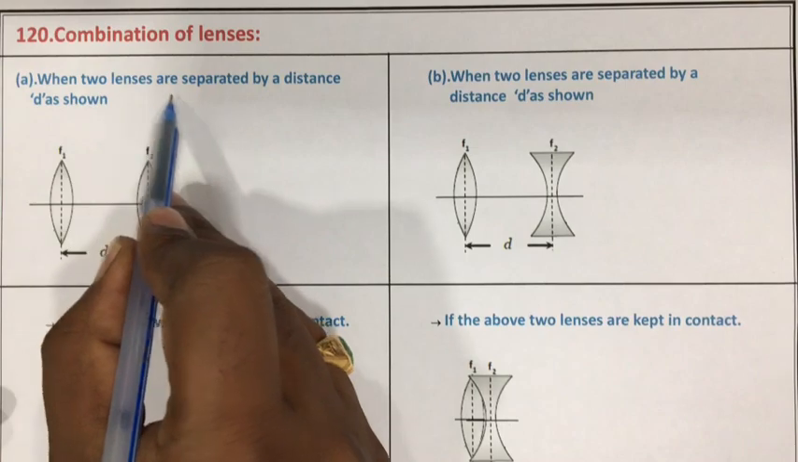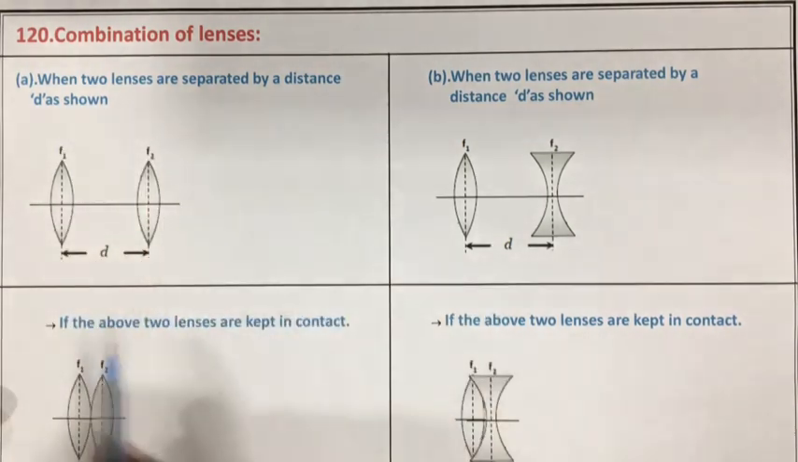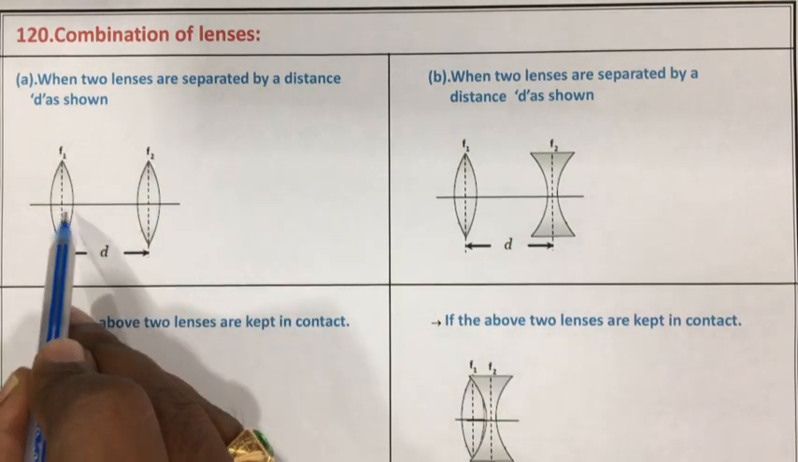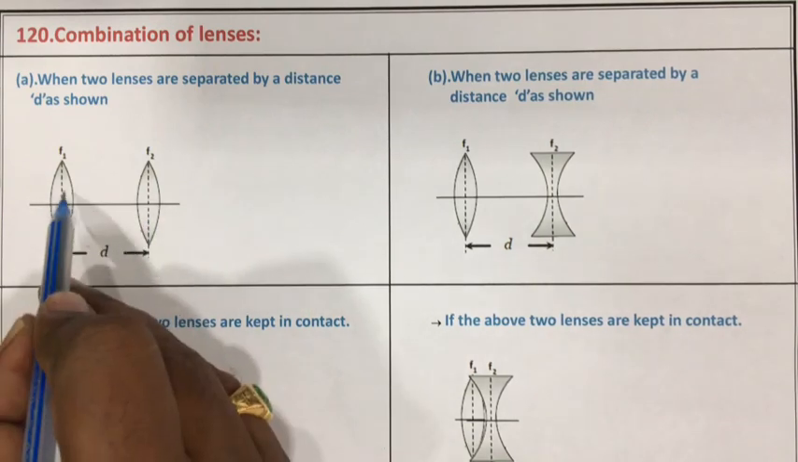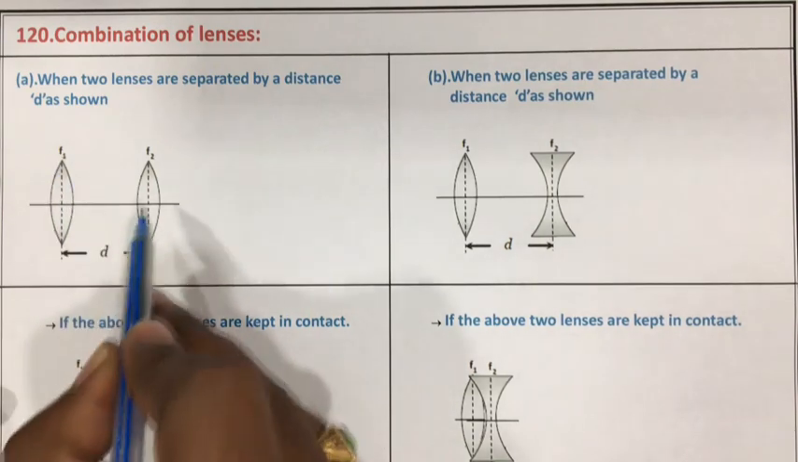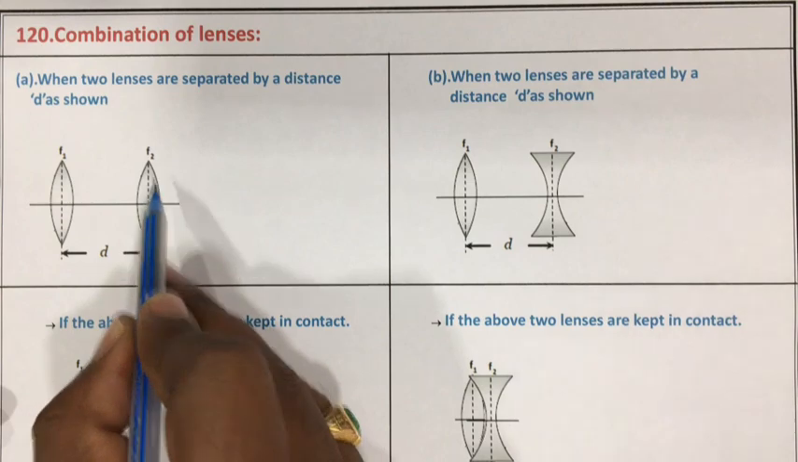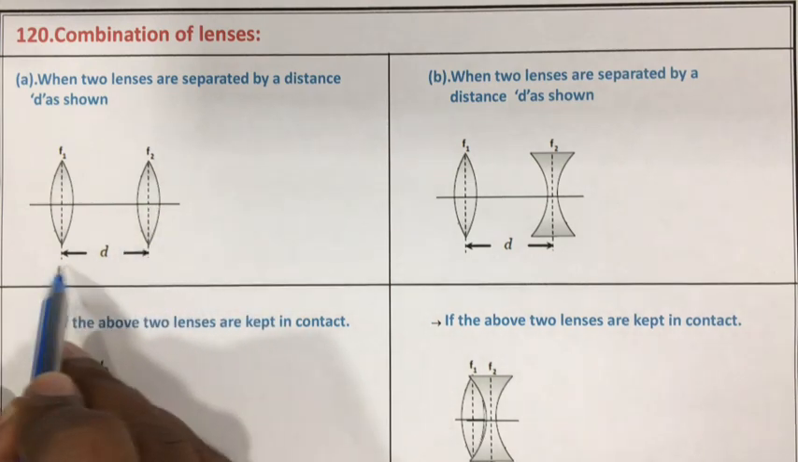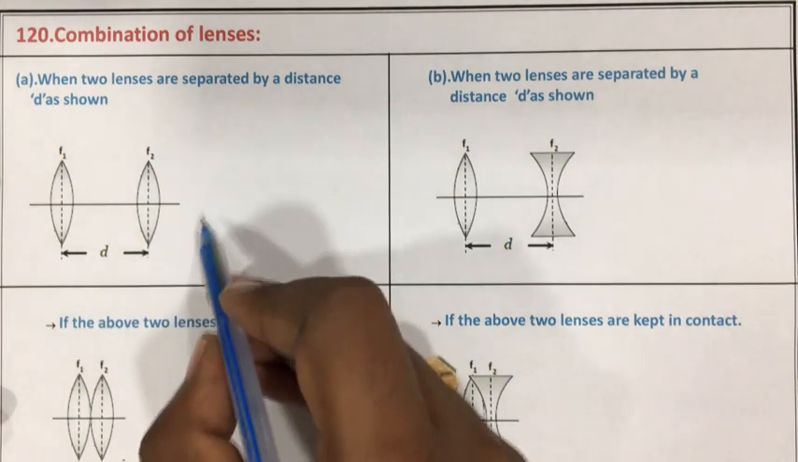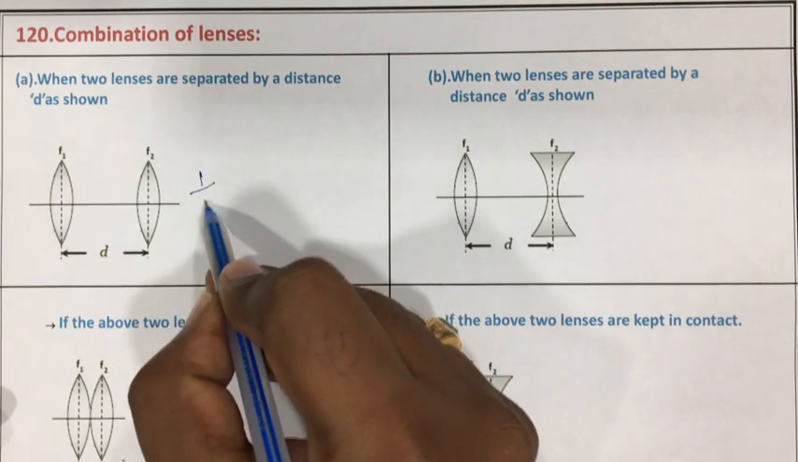When two lenses are separated by a distance D, these two are convex lenses. It is one convex lens, its focal length f1, another convex lens, its focal length f2. The separation between these two is D. What is the effective focal length? The formula for effective focal length,